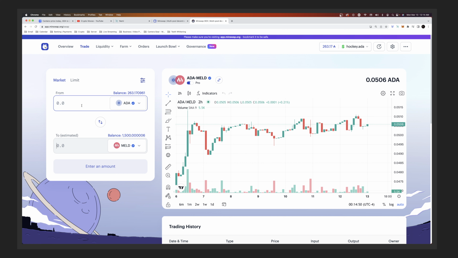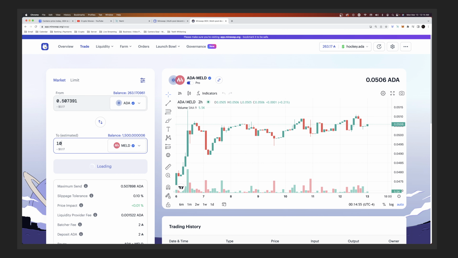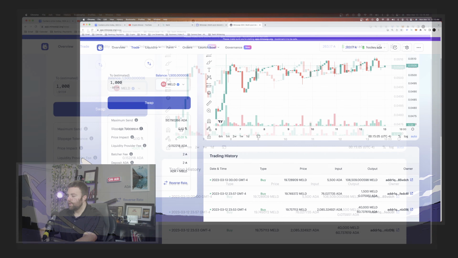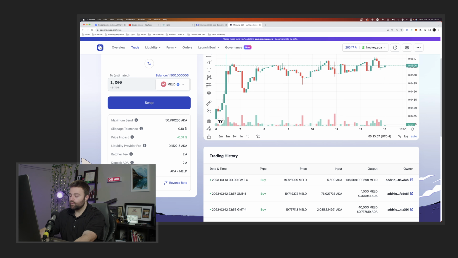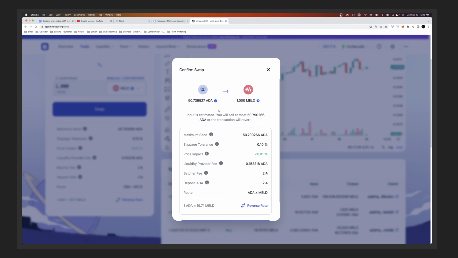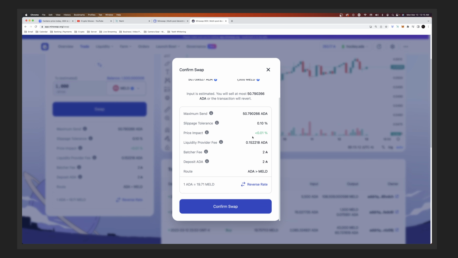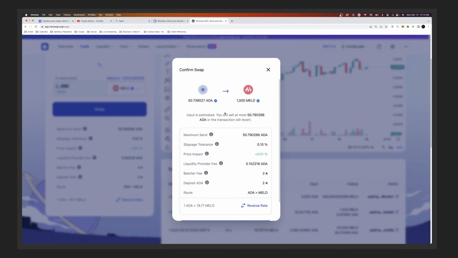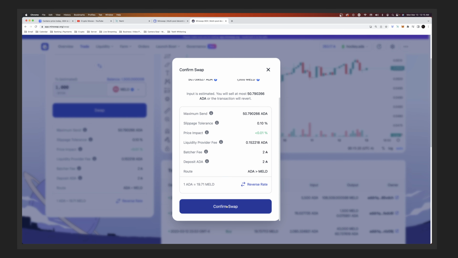So what we're going to do is let's see what 1,000 would get us. So 1,000 is only 50. Let's just do that. Let's pick up 1,000 MELD. So it's going to be $17. So there is going to be a cost to this. So you're welcome. Okay, you're welcome. I'm risking everything. So if we were to confirm this, it will be set at most $50. So if we go to confirm,